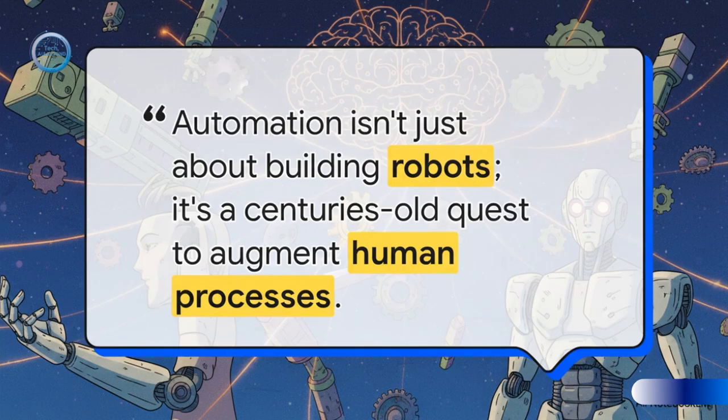We've seen that clear hierarchy. Mechanization gave us machine muscle. Automation added control logic. Robotics gave that logic a physical body to interact with the world. And now AI is giving it a mind that's capable of judgment. The physical robots in a warehouse and the invisible RPA bots in an accounting firm, they aren't separate things. They are two sides of the very same coin, and they're driven by the exact same fundamental principles.